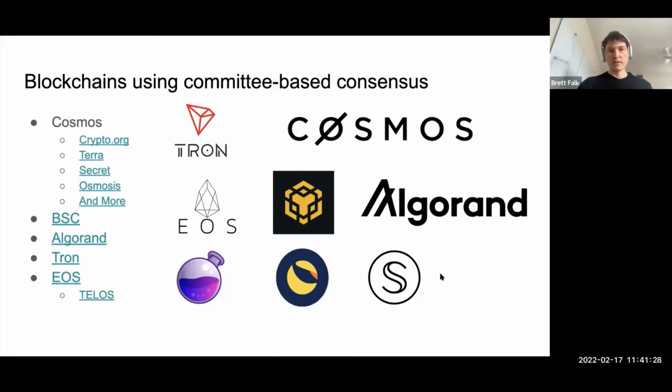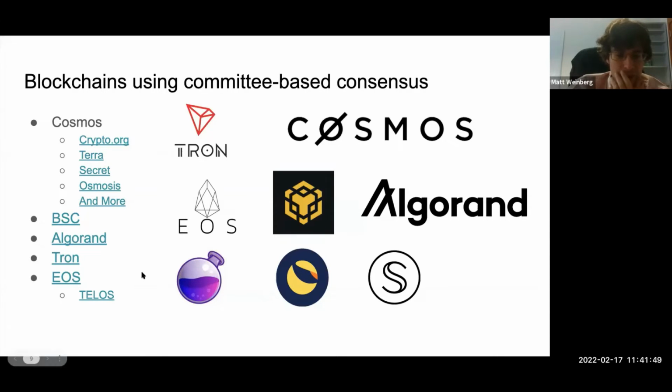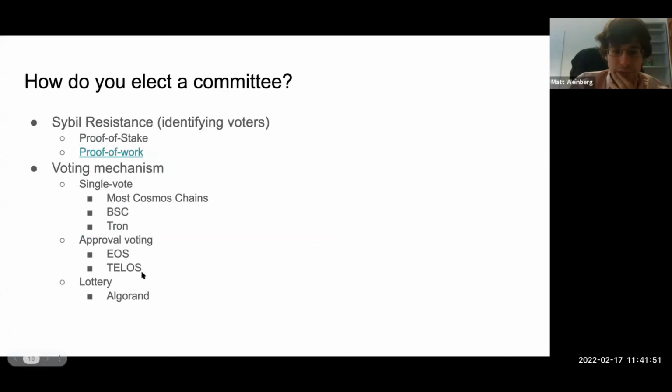In terms of seeing hands, I see some hands going up. Should I take those questions now? How do I even get back to that? I think that's okay if you want to keep going. So I would encourage everyone to put questions in the Q&A. And some of them we can try and answer during the talk if it's a clarification question. But I think typing it into Q&A first would be better. Okay. Sorry, I just didn't have the window of participants open to see, I just get messages.